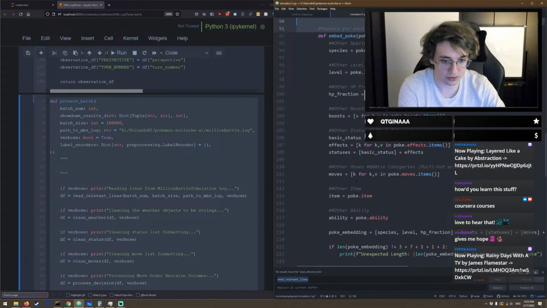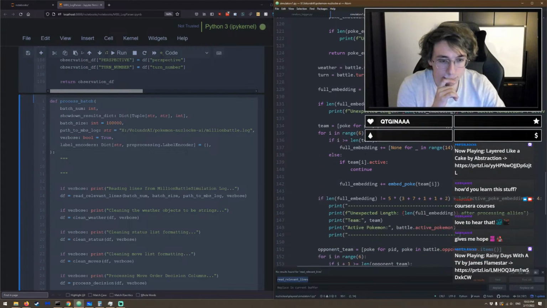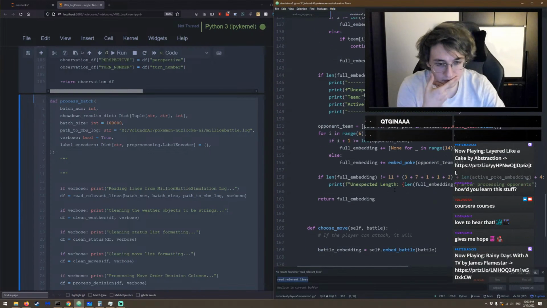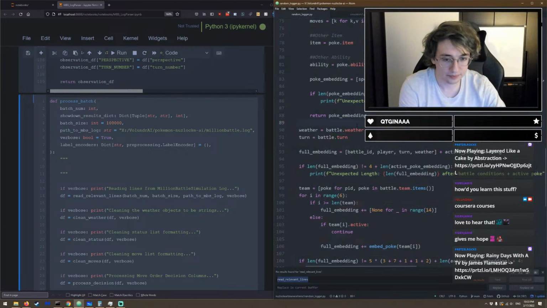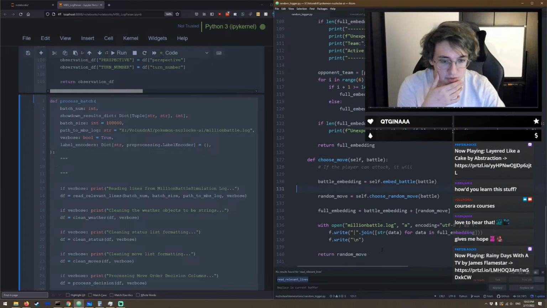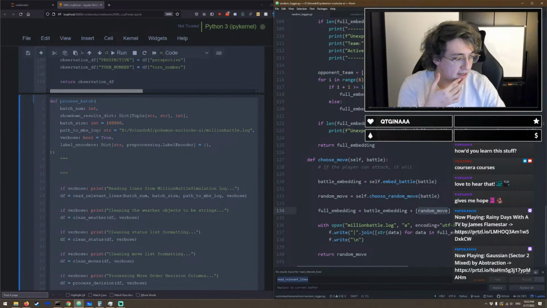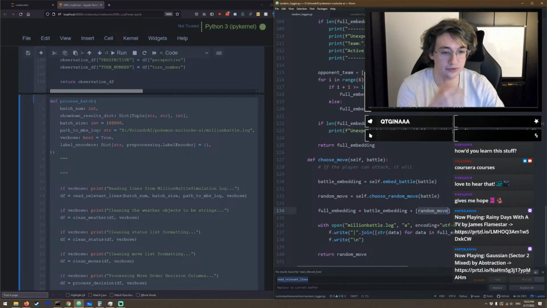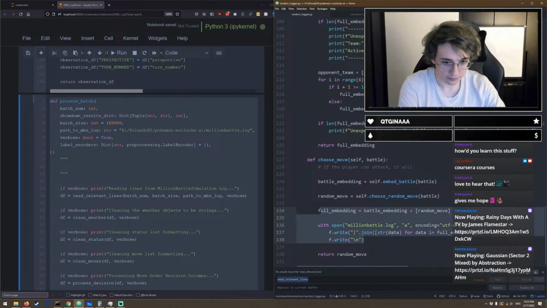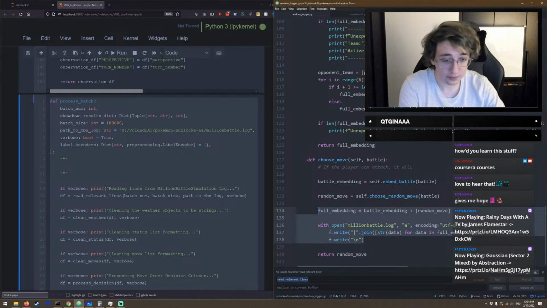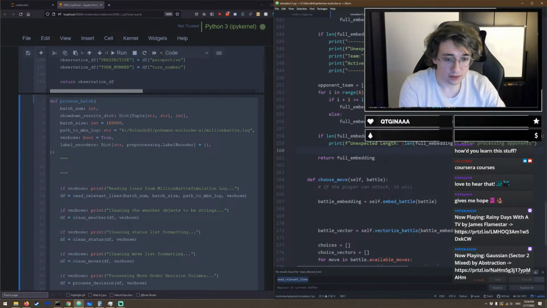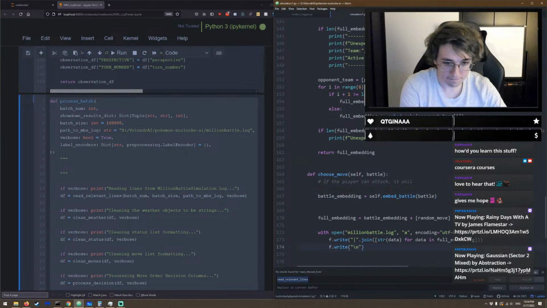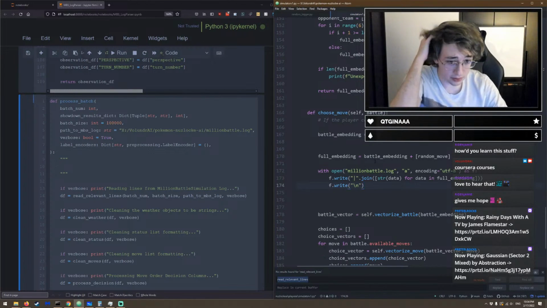I just couldn't see it because I'm so zoomed in. It returns this full embedding thing. We need the moves as well, which if we see in choose move, it just adds on as a list the random move. So that's what we can do, is copy this whole thing, go back here, and now what we're going to do is